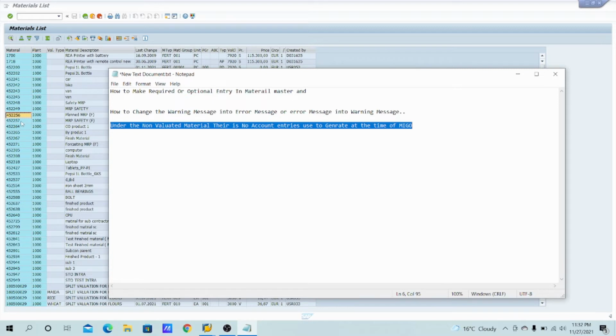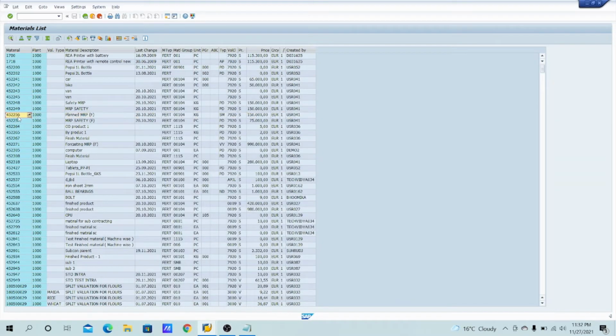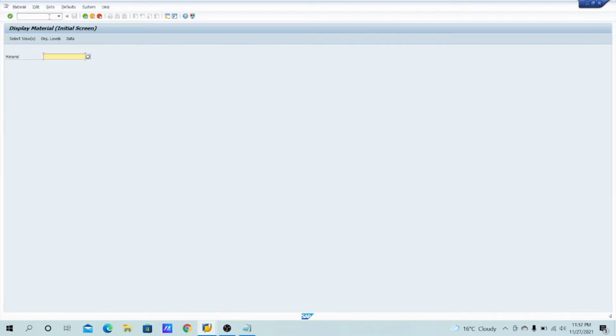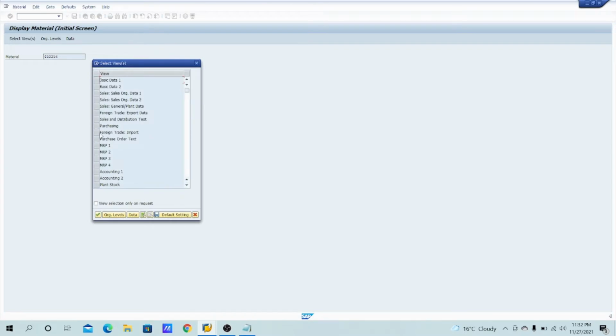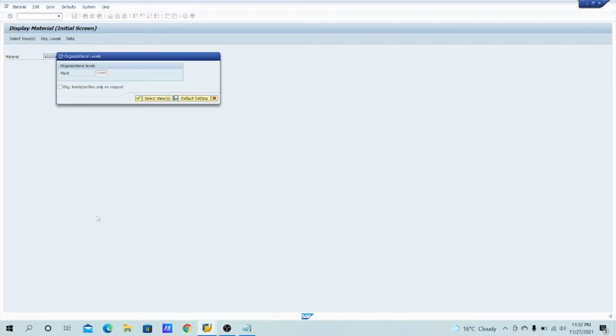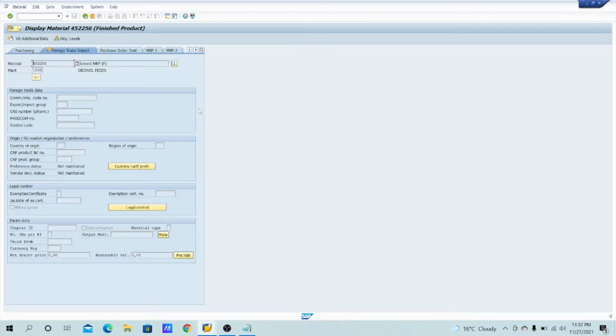So let's come to the point of how to make the optional entry or the required entry. I just copy it, and in MM03 I will open the same material. Let's open the foreign trade export view, that means the control codes, and the plant code is 1000. Just an example.